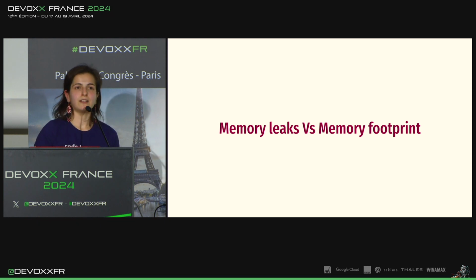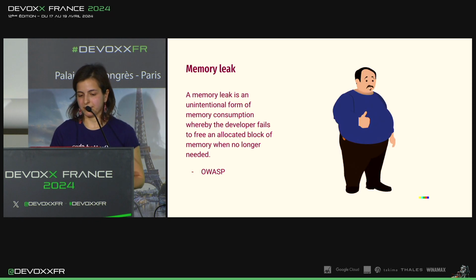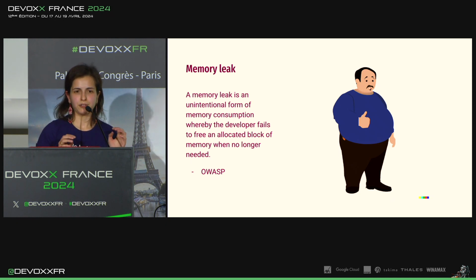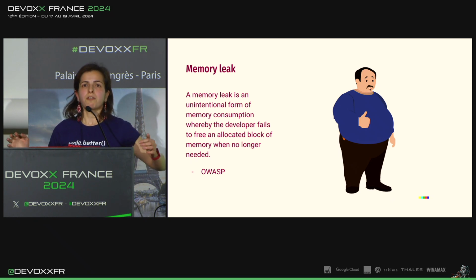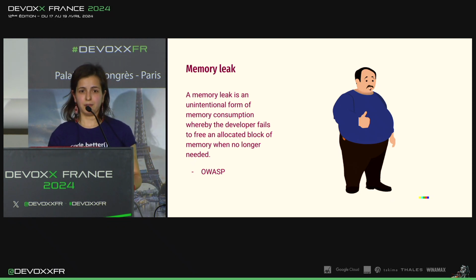And here I would like to talk with you about memory leaks versus memory footprint. Previously, we've been only talking about memory leaks. A memory leak, in simple words, is a bad situation that you have to fix. In terms of your health, it's like when you're very heavy, overweight, you cannot leave your apartment, and you need to fix it immediately for medical reasons, because it's a threat to your life.